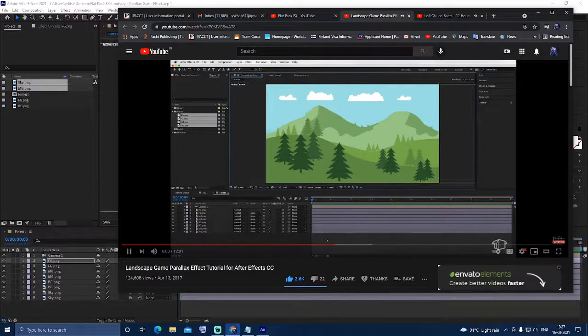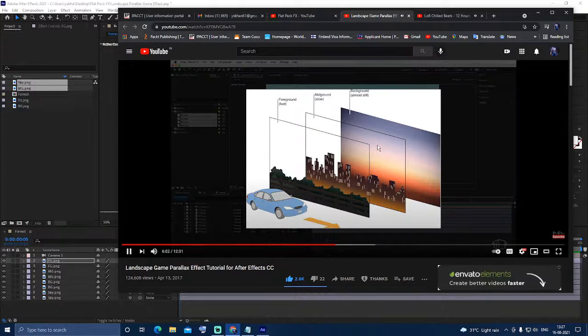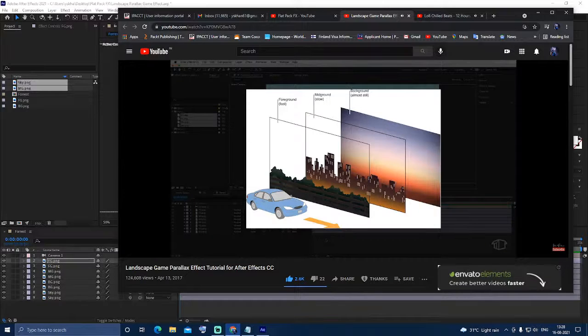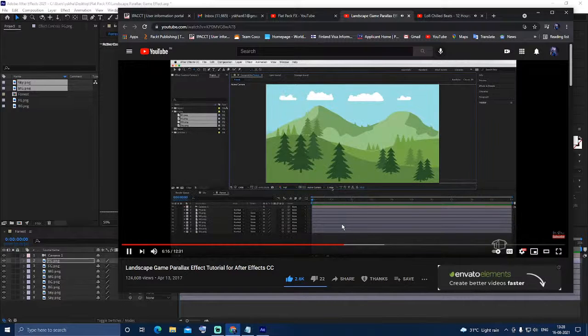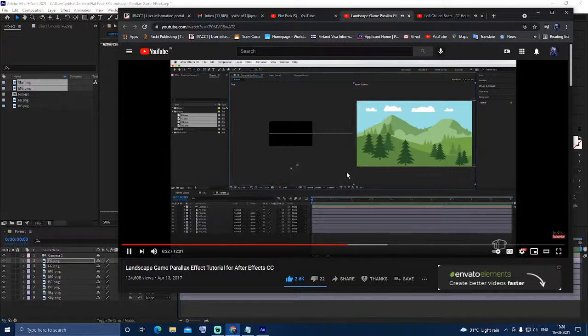Now, if you think about an object that's close to you and an object that's far away from you, and if you start to move side to side, the closest object to you is going to move faster than the distant object. So we have to replicate this inside of After Effects. Now, the way we do this is we actually switch this view here to two views, horizontal. Now, what we're actually seeing here on the left screen are all our